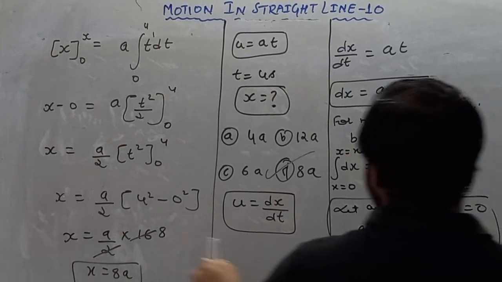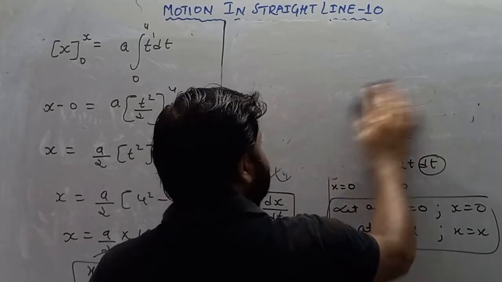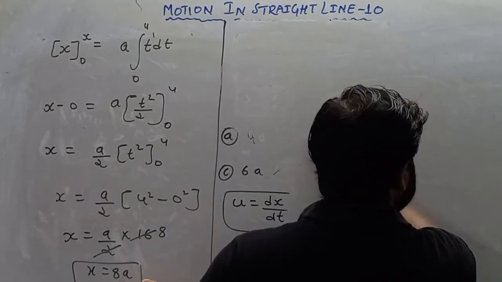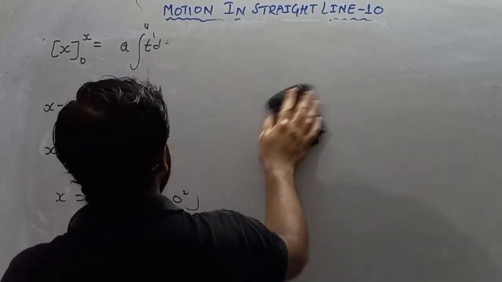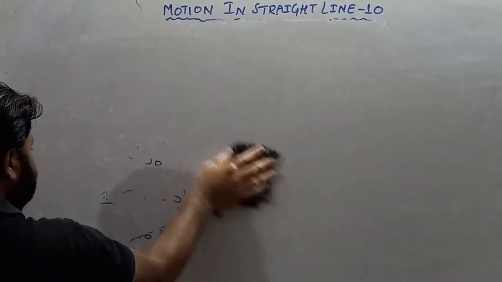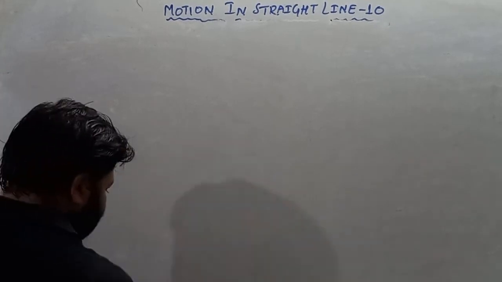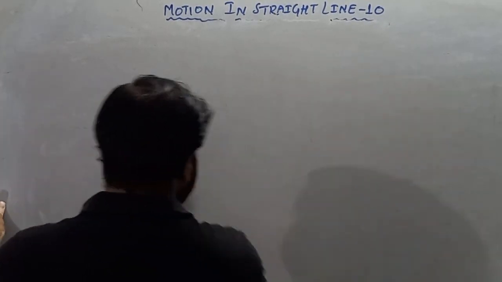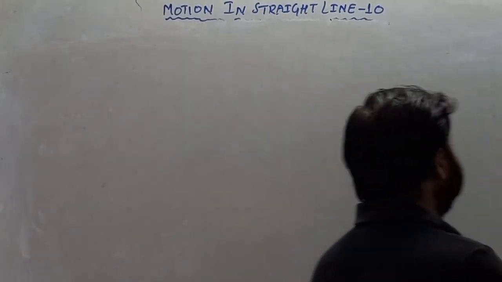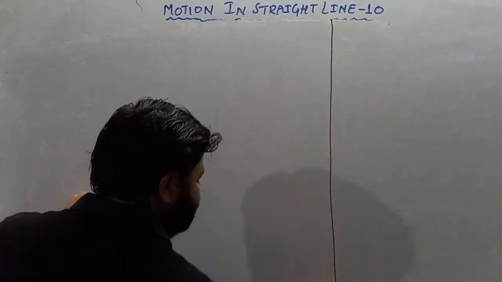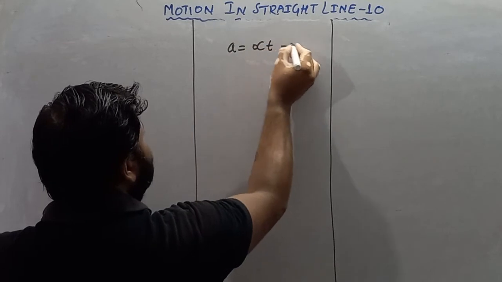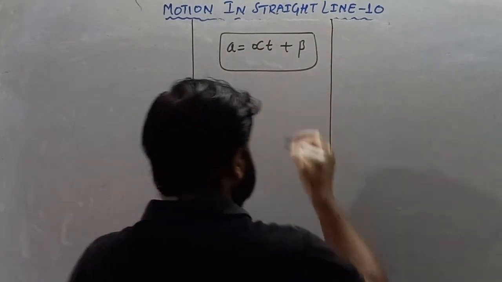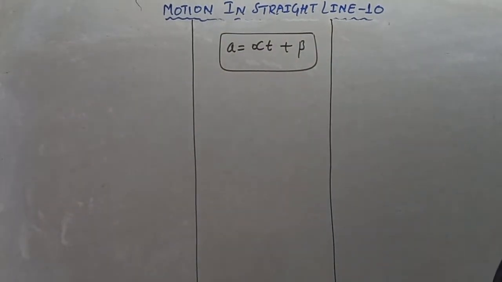according to the relation a is equal to alpha t plus beta. They are asking, given a is equal to alpha t plus beta,